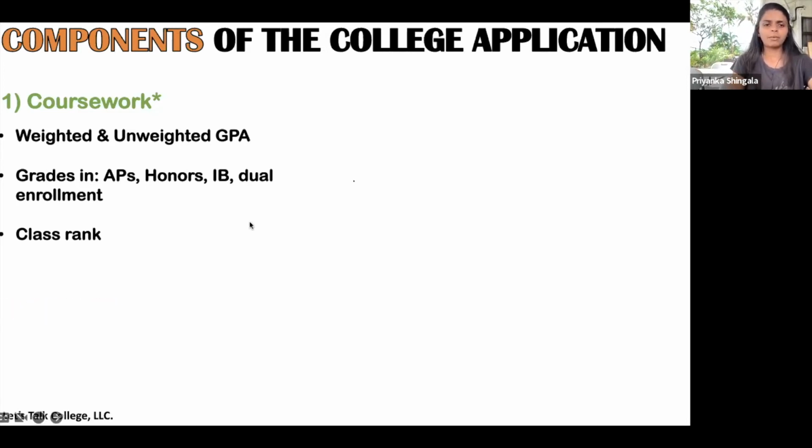And also, one more thing with the GPAs, universities calculate or recalculate. So universities can calculate and recalculate your GPAs. Why? Well, we all tend to take easy classes to bump our GPA up. But universities know that. So what they'll do is they'll take the core classes they need, the core sciences that they asked for. Some say, oh, we need 3 years of a language or 4 years of English or 4 years of a science and whatever. So they'll take all of those classes in and then they'll recalculate your GPA.